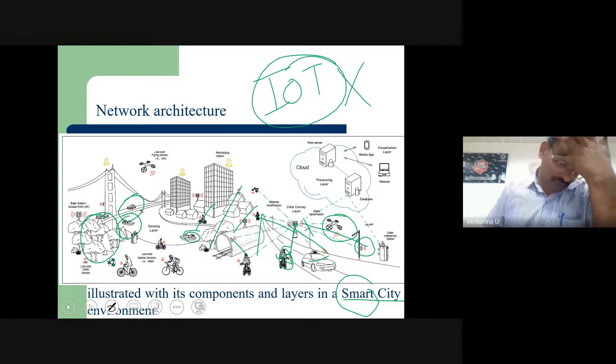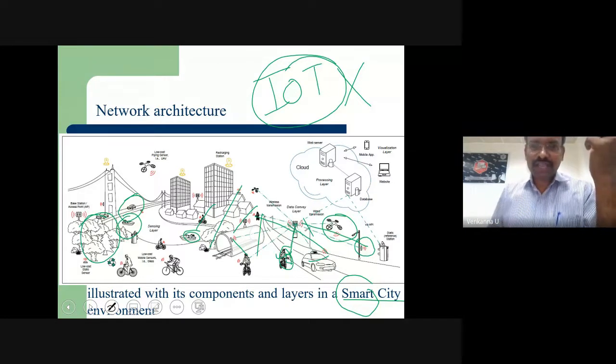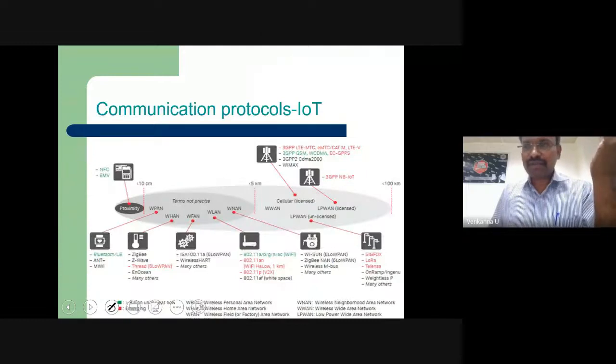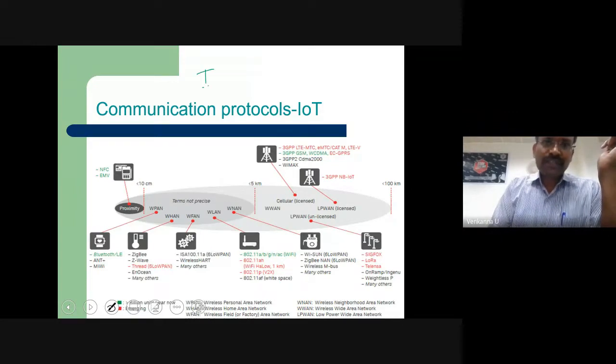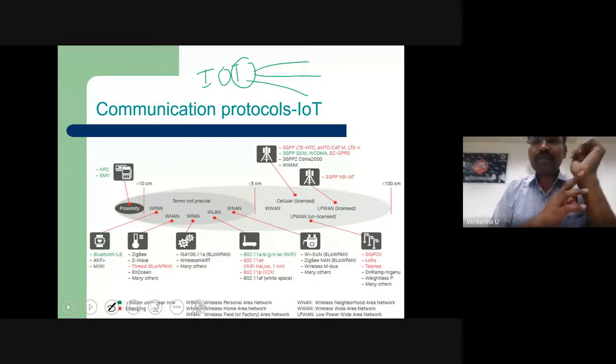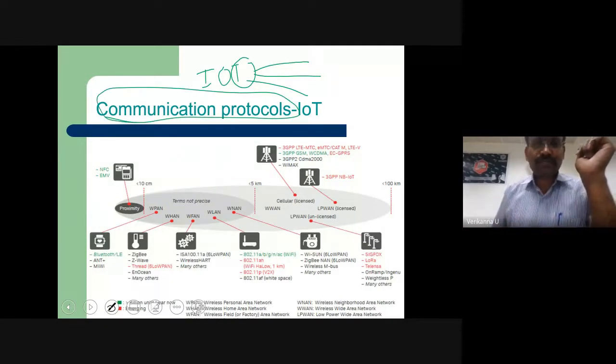As of now, some communication standards and protocols are available, which I am going to discuss over the next 15 to 20 or 30 minutes. It is very clear that IoT means Internet of Things. Things are going to sense the data, but they need to be connected to the outside. For that sake, communication protocols are going to be important. What are the possible communication protocols?